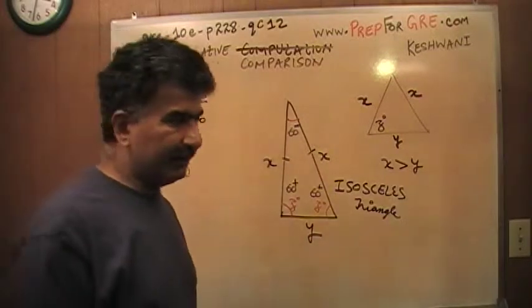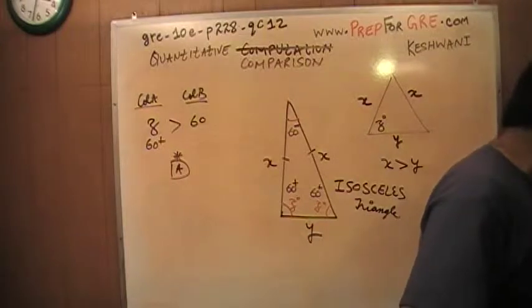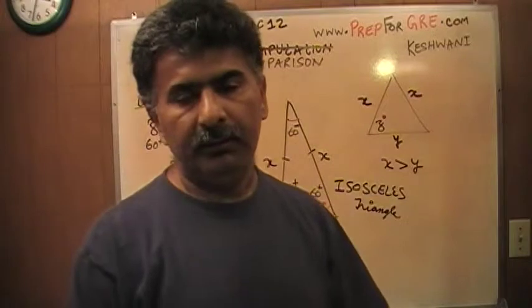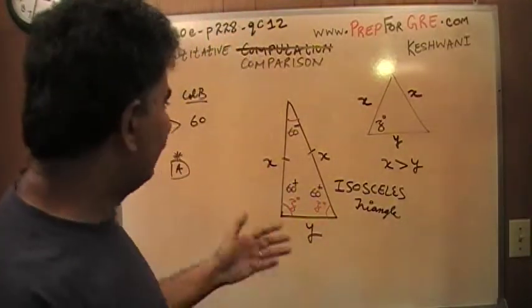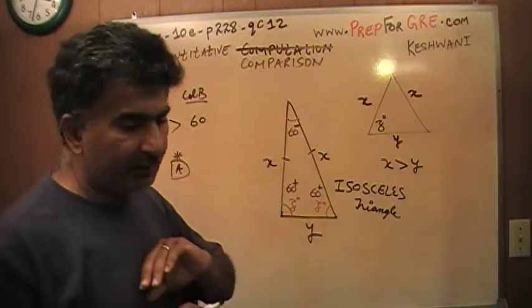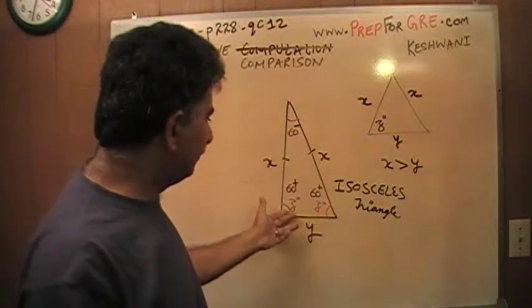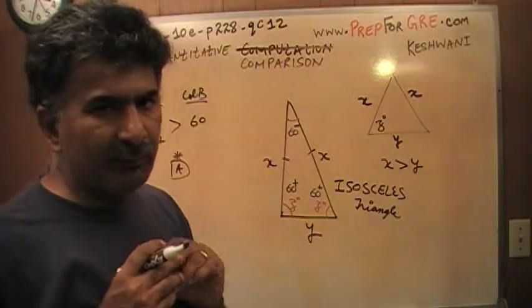One does not sit there and compute the bloody thing. There is no way of computing it. Computing is the same as figuring something out. There is no way to figure out what this angle is, and there is no way of figuring out what this angle is. Simply telling me this side equals that side, all that tells me is that these two sides are equal. There is no way of actually figuring out the exact value of z, which is where